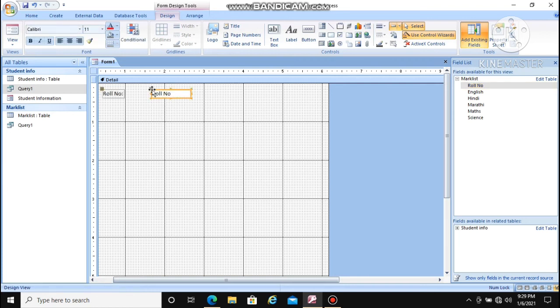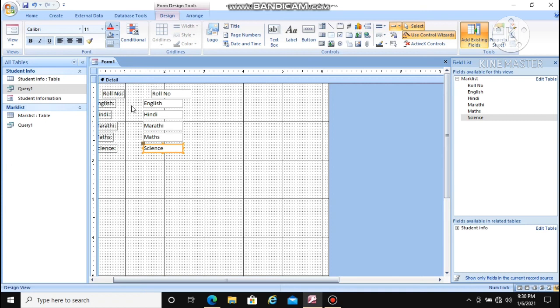How to do that? Just select that and then add it to your form. Can you see this? Like this you can add. One more method is there, you just have to double click on that particular field and that will be added. Did you see this? So this way you can create a form with the help of form design.